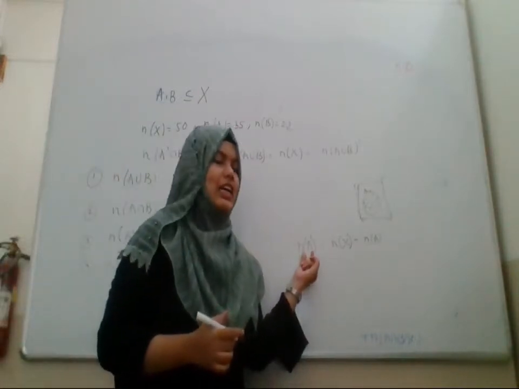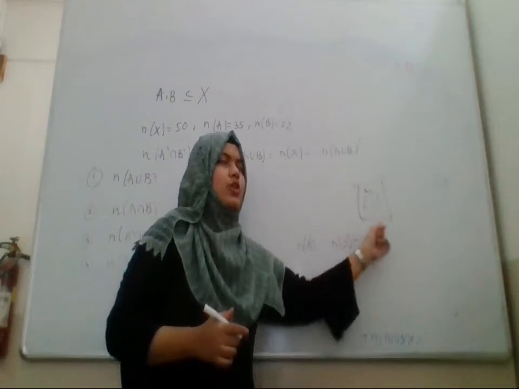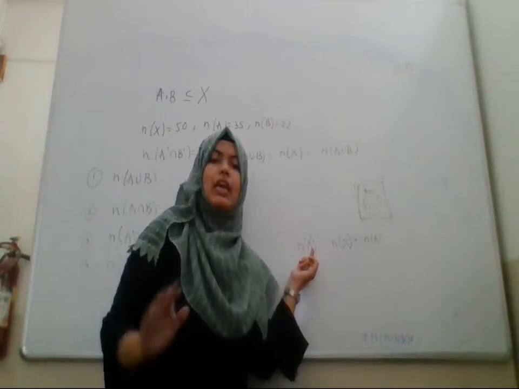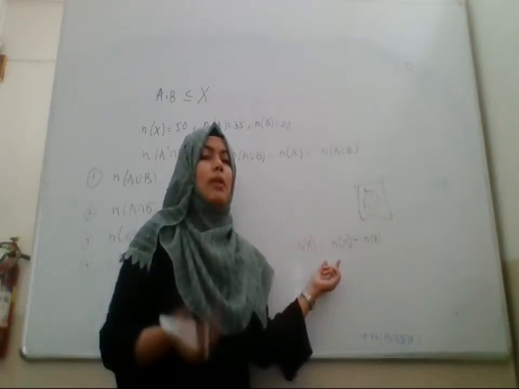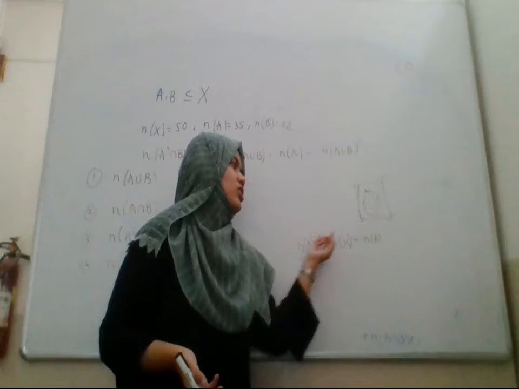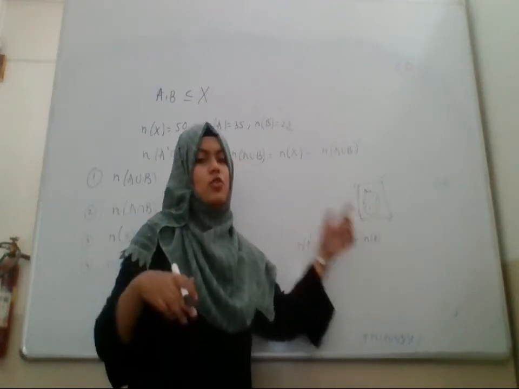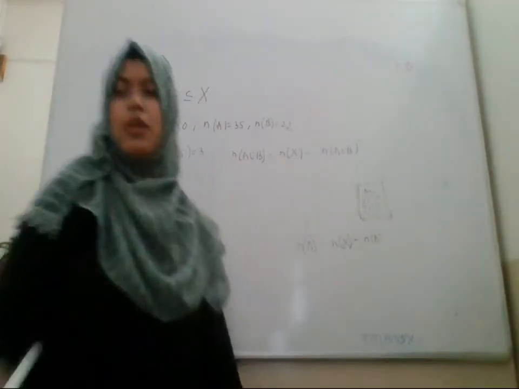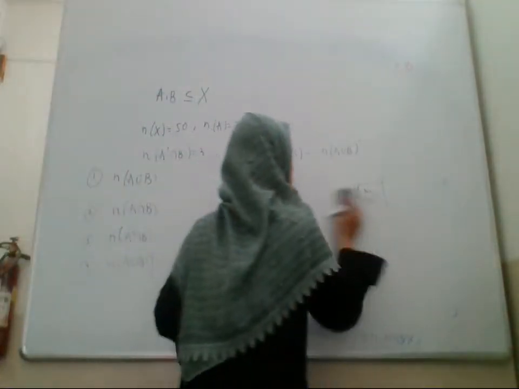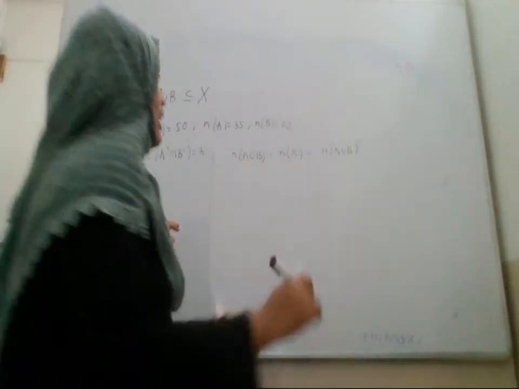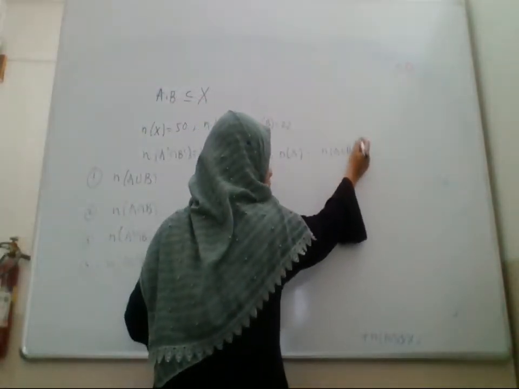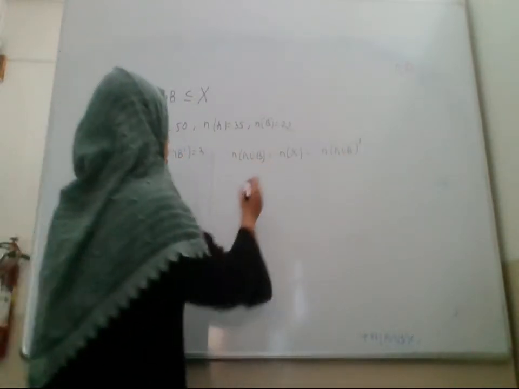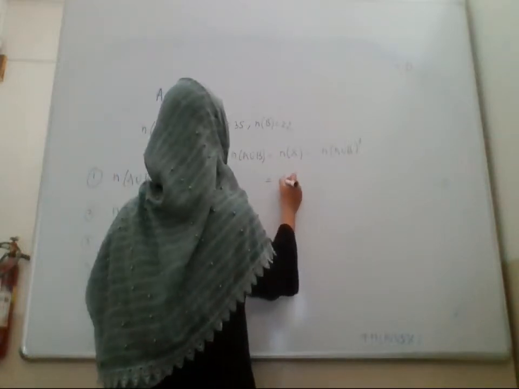तो अगर तुम्हें भी कोई भी सेट की कार्डिनैलिटी चाहिए तो उसको पूरे होल सेट, पूरे यूनिवर्सल में से उसका कॉम्प्लीमेंट डिलीट कर दो तो तुम्हें वो सेट की कार्डिनैलिटी मिलेगी। और अगर तुम्हें कोई सेट के कॉम्प्लीमेंट की कार्डिनैलिटी चाहिए तो जस्ट डिलीट दैट सेट फ्रॉम होल सेट, सो यू विल गेट द कार्डिनैलिटी ऑफ इट्स कॉम्प्लीमेंट। ओके, सो वी हैव यूज्ड दैट फॉर्मूला ओवर हियर. So if you delete the cardinality of complement of A union B, you will get the cardinality of A union B. Okay, so as n of x is given, it is 50.